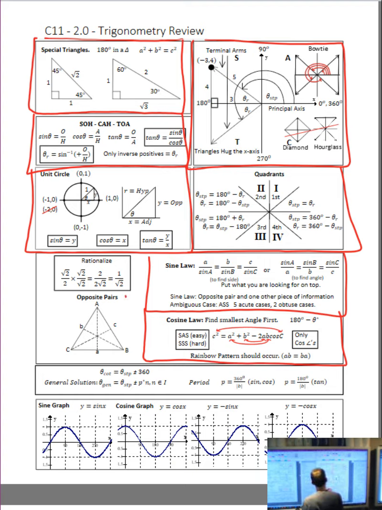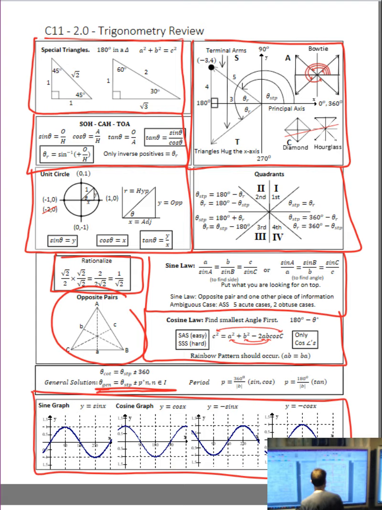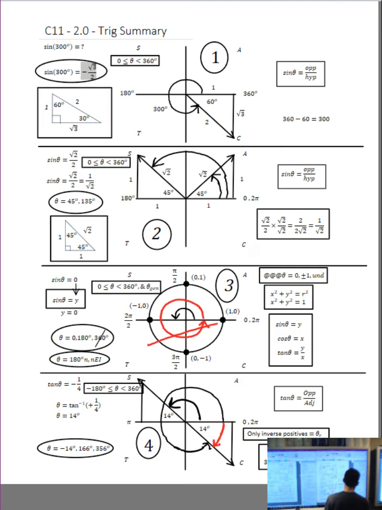And then off to the left, we have the opposite pairs and rationalizing the denominator, maybe. And down below, we have finding the general solution and the idea behind graphing sinusoidal functions. So further in the notes,